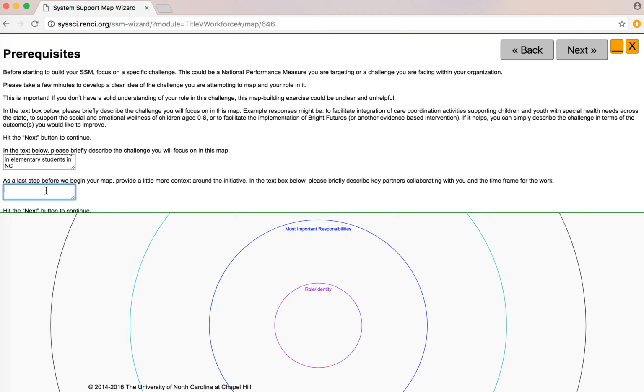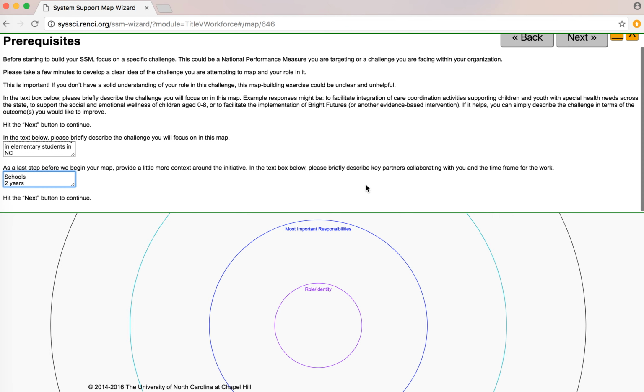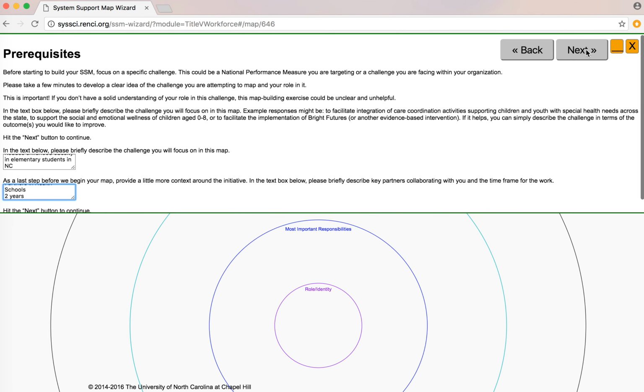So you can describe some key partners collaborating with you and the time frame for your work. So I'm just, as an example, going to say partners in health, schools. I've got 2 years to work on this, and you can add as much information as you want to help add context. So now I'm going to hit the next button,